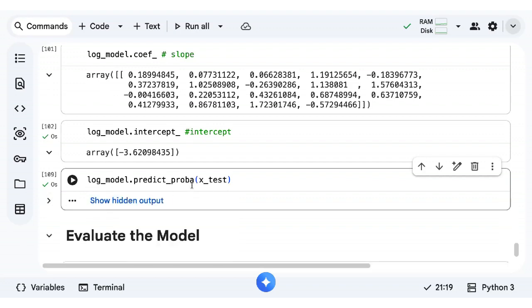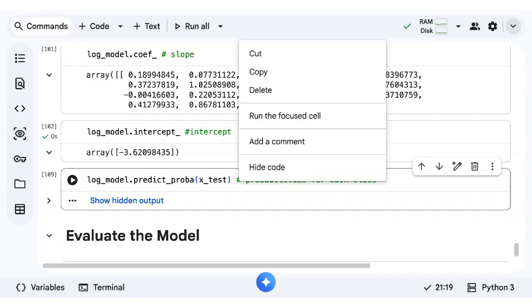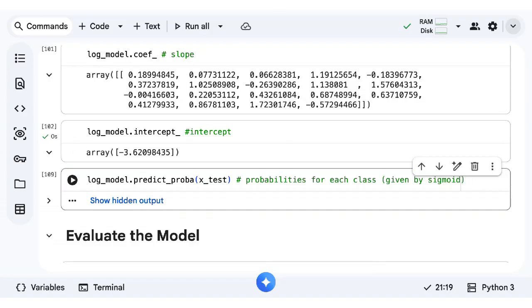So this is probabilities for each class. And you know how you get the probabilities for each class using sigmoid. That's the role of your sigmoid function. It converts everything to a range of 0 to 1.